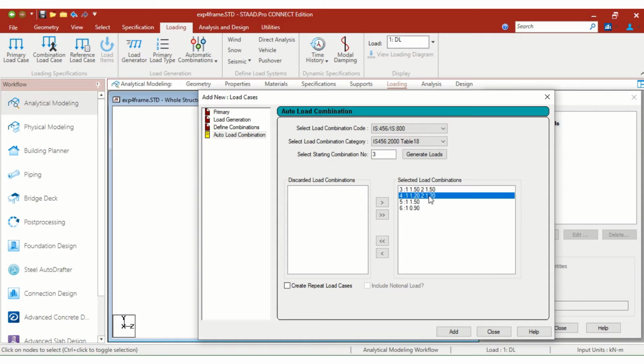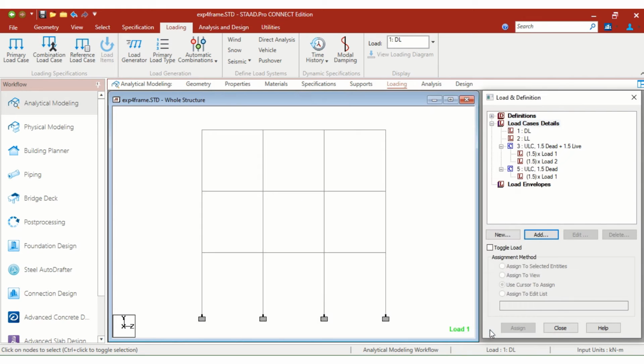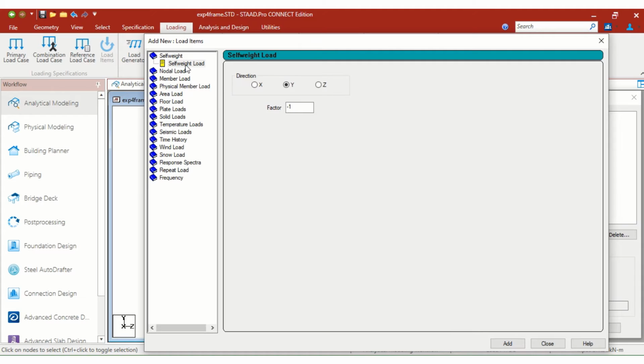In this, 1.2 times dead load plus 1.2 times the live load does not make any sense, and 0.9 times dead load also does not make any sense. So let me keep it as 1.5 times the dead load and 1.5 times the dead load plus 1.5 times live load. These are the applicable load combinations. I will add those things. And now in the dead load I will add the self weight,